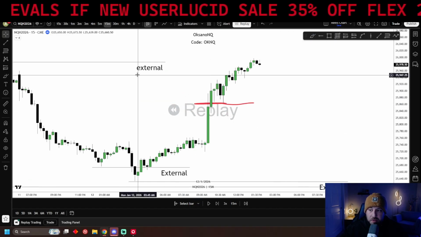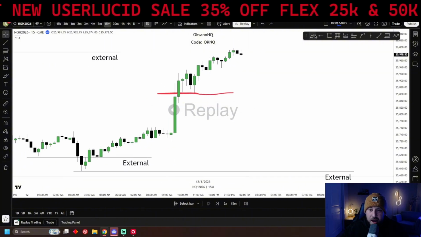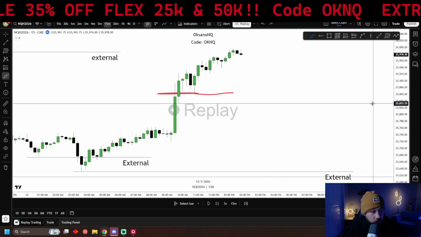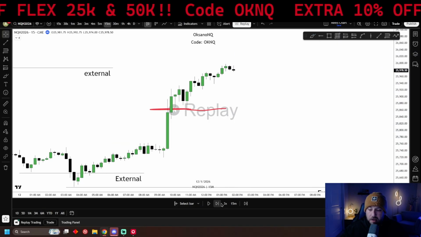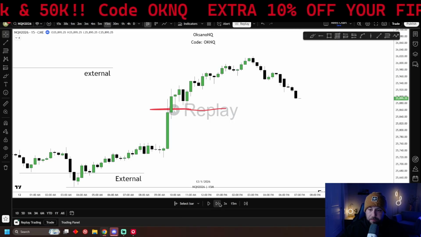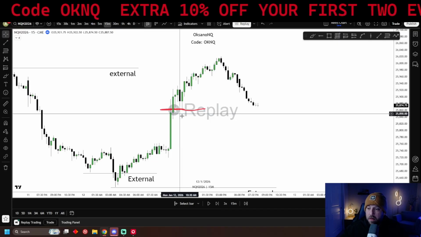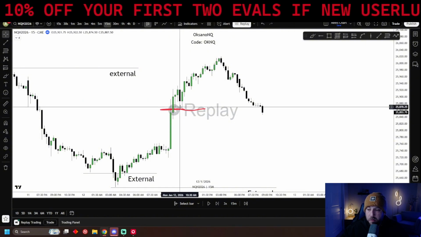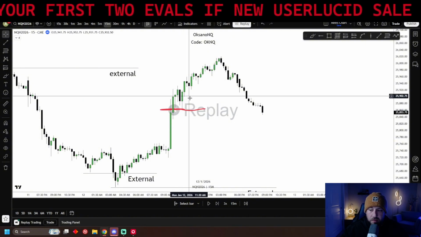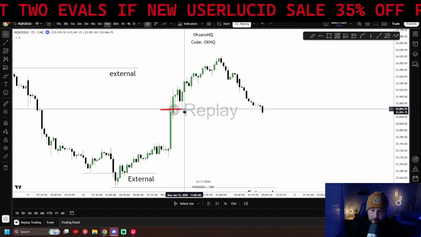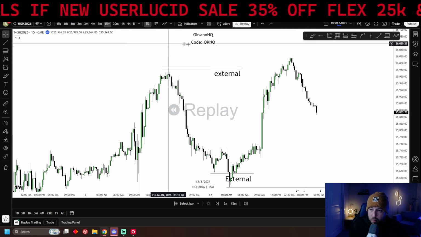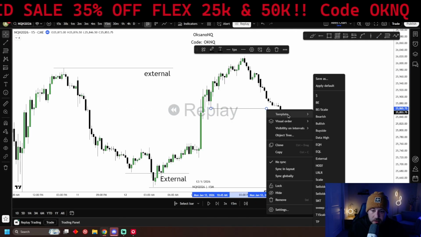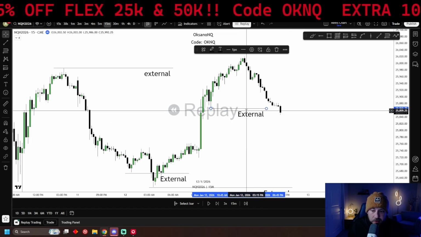So just because we swept external buy side doesn't mean now we have to come all the way down here to sweep external sell side. So this is what I think you're talking about, external to external, because now we come down here, sweep the 15-minute low somewhere, sweep the 15-minute low, right? So now we have what? Even though it's not on the hourly chart, it's not way up here in a super obvious one. What do we still have? A sweep on external sell side.